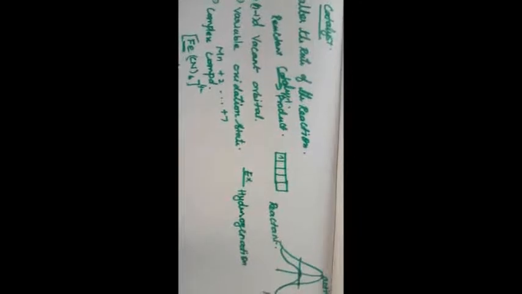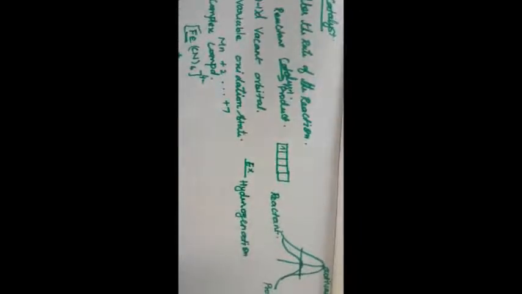First one is hydrogenation of alkene. So what is meant by hydrogenation? What is meant by alkene? That is a double bond. Here one hydrogen, here one hydrogen. What is this compound name? That is ethene or ethylene. Okay, this is the hydrogenation.